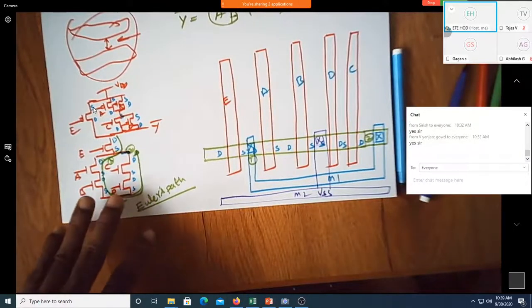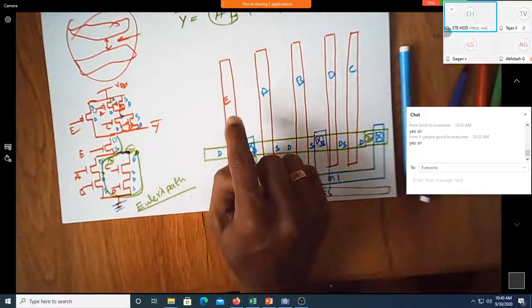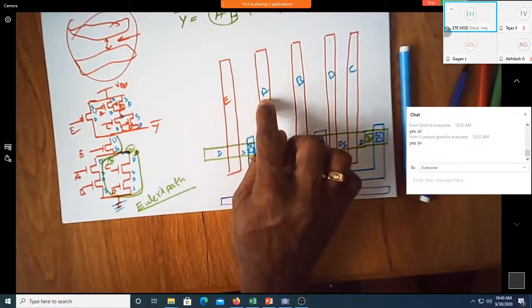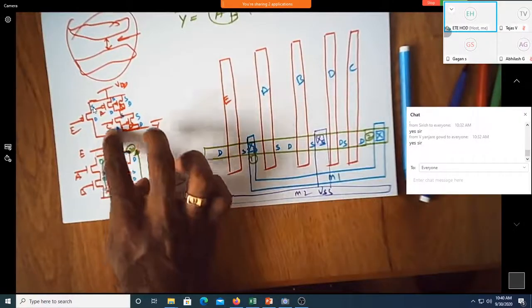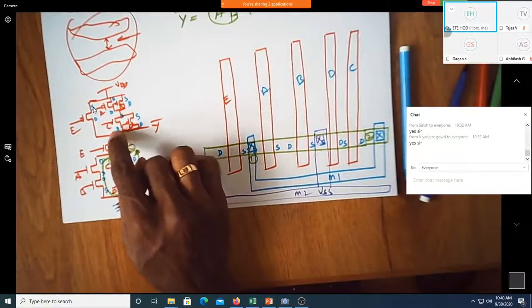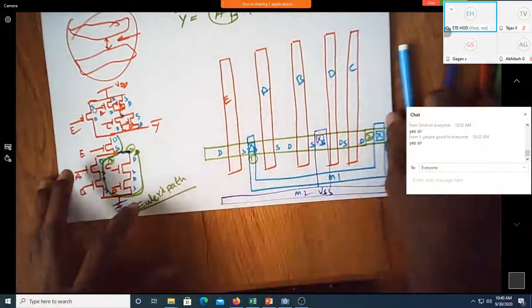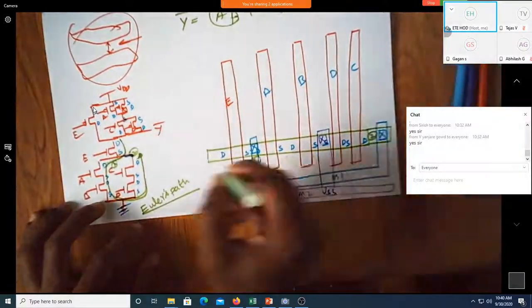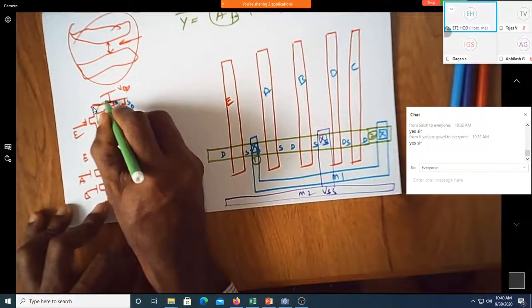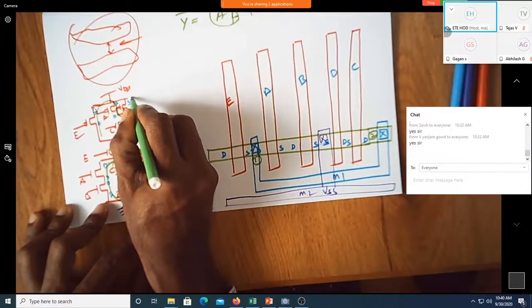Yes, sir. Okay. Now we have to write, since we have already fixed this as E, A, B, D, C as per this Euler's path, I should still follow the same gate path, that is E, A, B, C, D. So I'll start from here. I will start from this E. I will go to this B and I'll go to this A.